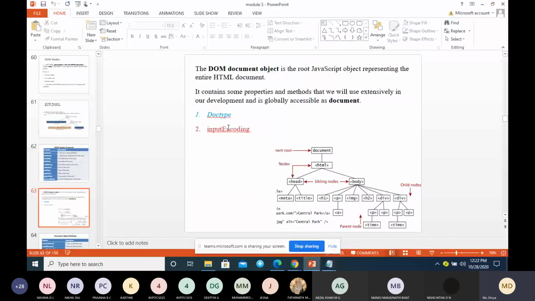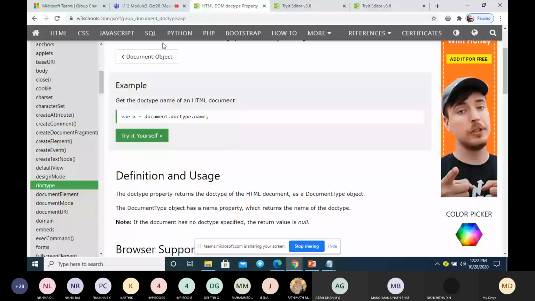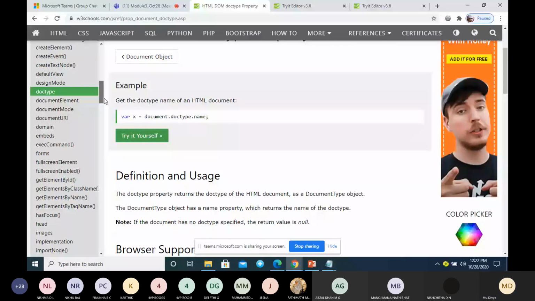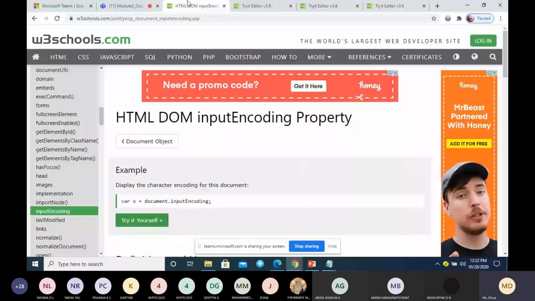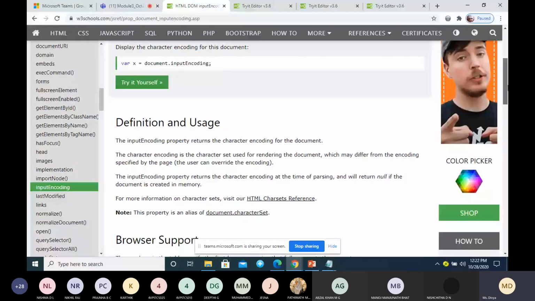Next is one more property, inputEncoding. Input encoding will give you the encoding type. There are different types of encoding the data. You can encode the data in different ways.